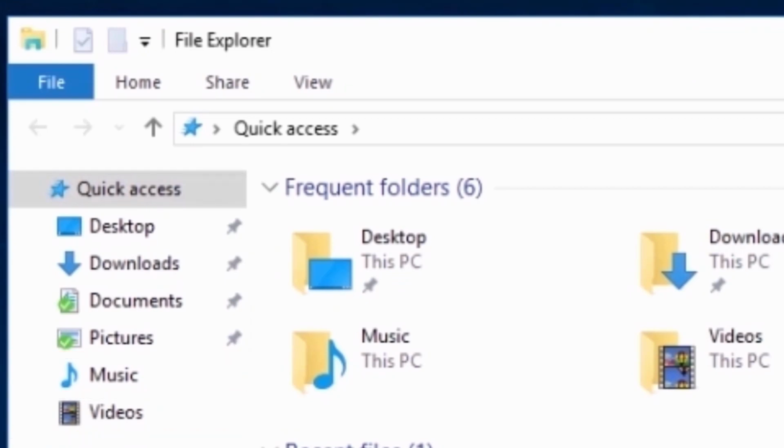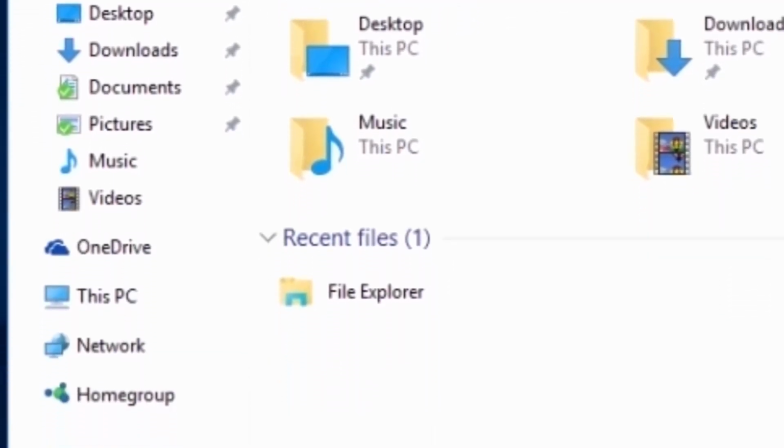Some of the items in the Quick Access list will always show in the list because they are pinned. Pinned items have a gray pushpin icon next to them. We can see that currently desktop, downloads, documents, and pictures are pinned to the Quick Access list. The unpinned folders will change as you use Windows to show the folders you most commonly access. Currently it just shows the defaults for music and videos.